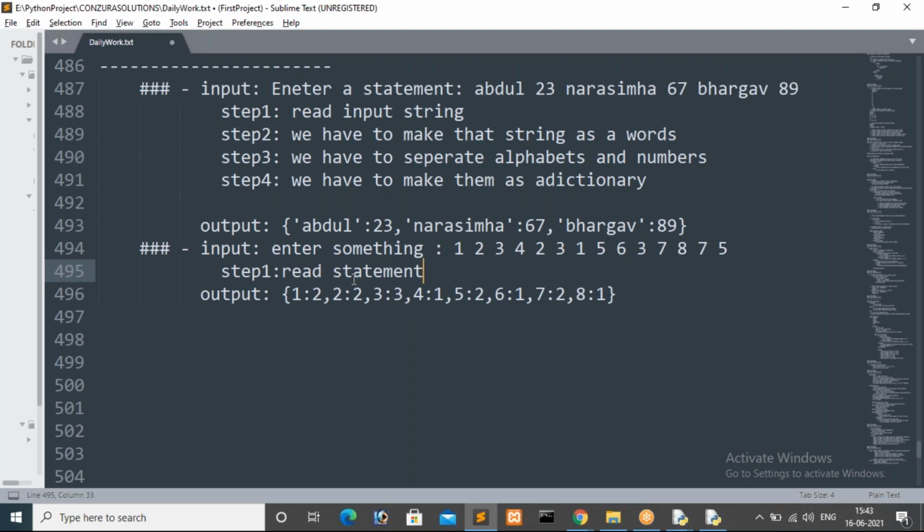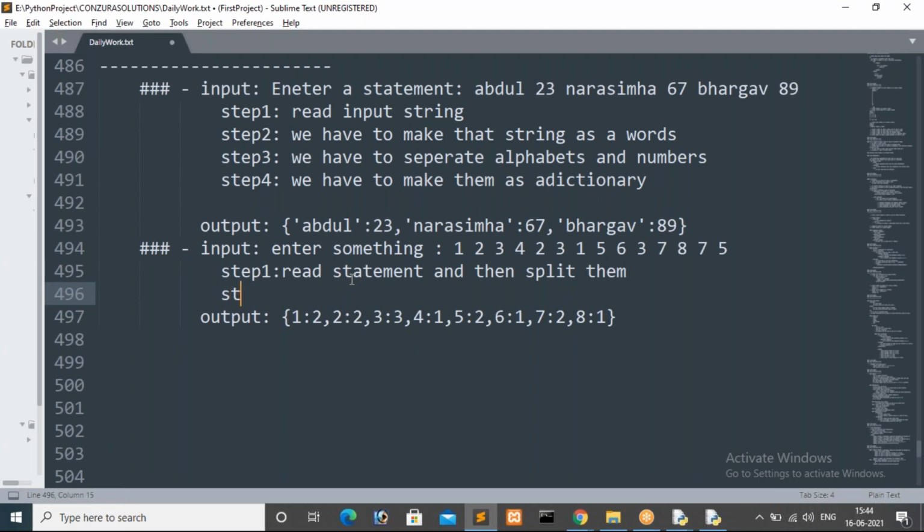We already know, for making that dictionary, we have to separate each and every digit by using space, na. So read the statement and then split them. We have to do that in a single step.